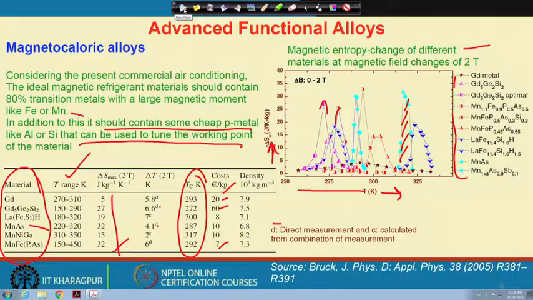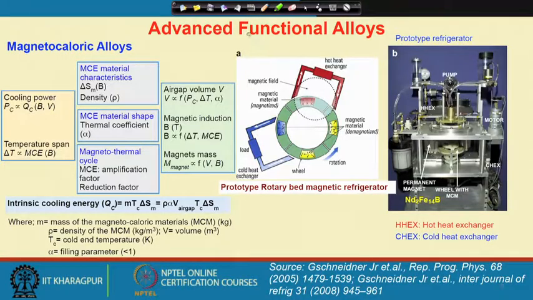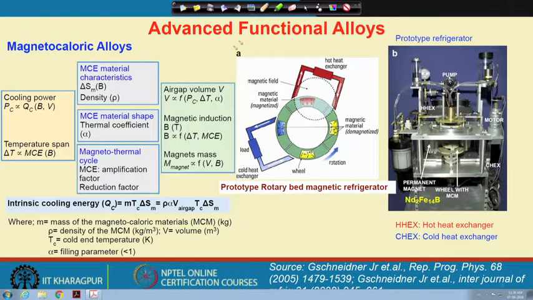Means I add on delta T adiabatic for different materials at different Tc. So, that will be a very nice work for that. So, in this direction the net cooling power, that is Pc, has been observed to be proportional to the intrinsic cooling energy, which is the mass of the material, Tc. Tc is the cold end temperature, not the Curie temperature, please remember this, and delta Sm is the magnetic entropy